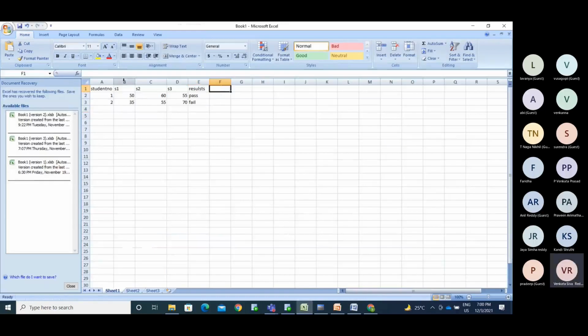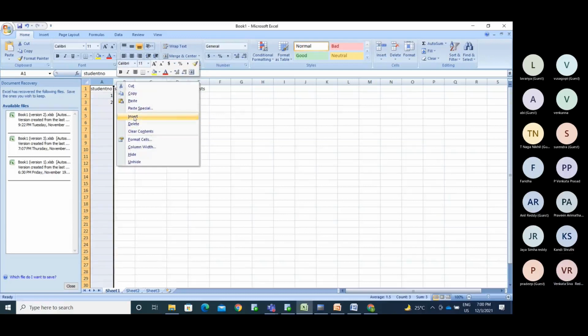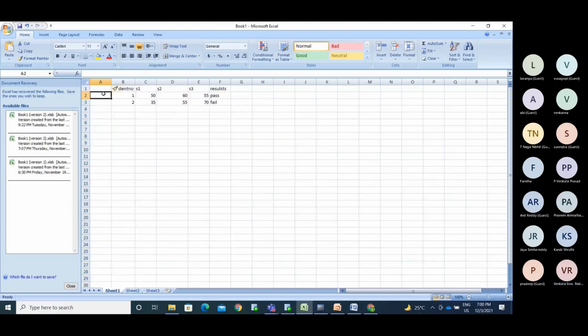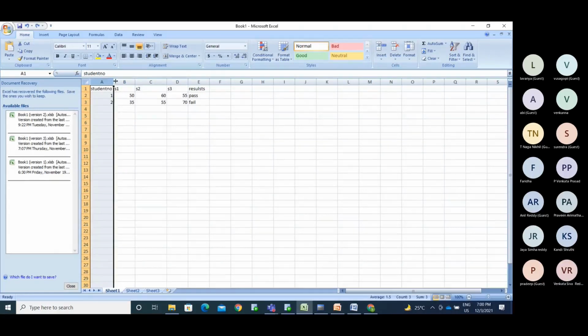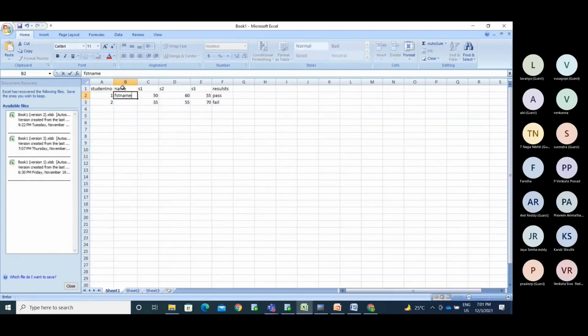Now I am adding another column. The name column will have the first name data and the last name.